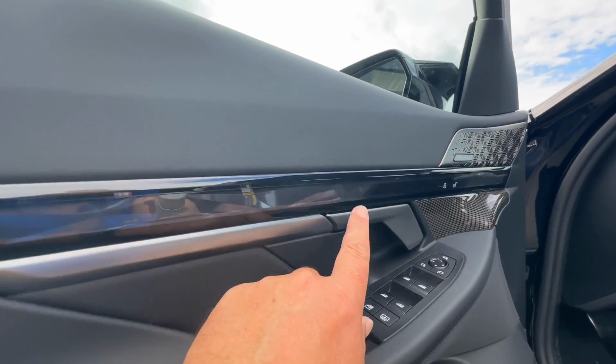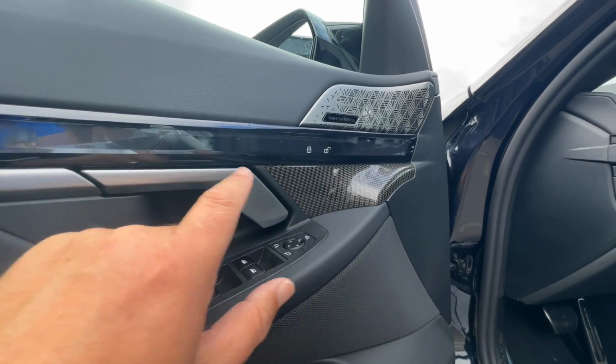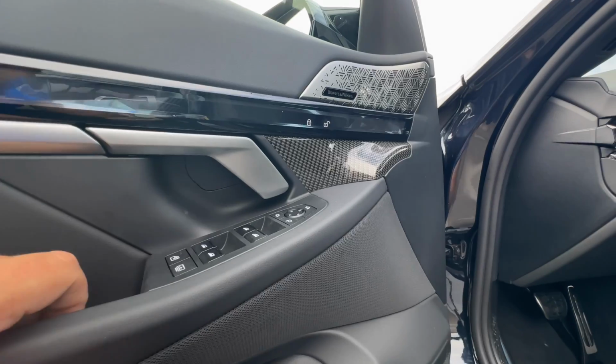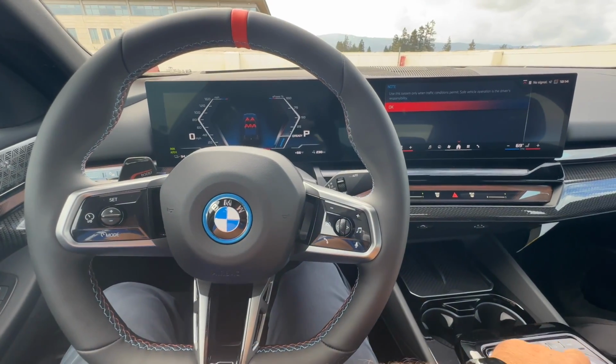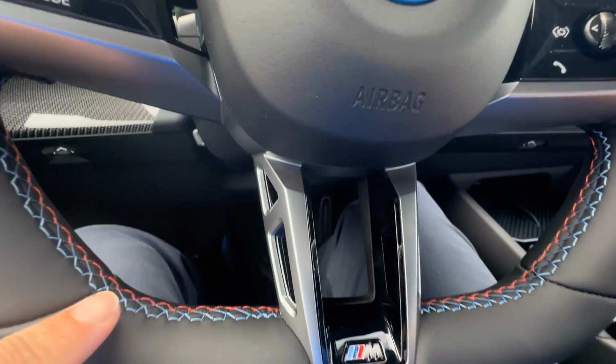Over on the side, we have our interaction bar. So lock and unlock right here, and then seat stuff over here. Of course, not on right now because the car is not on. And carbon fiber trim. All right, so in front of me, we have the M Sport steering wheel with M